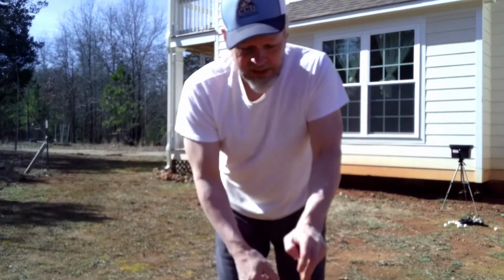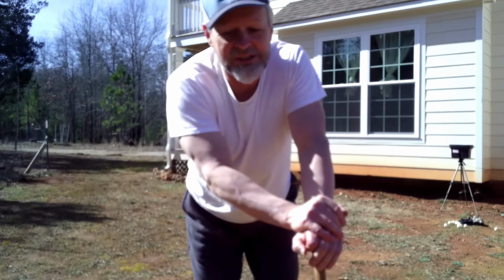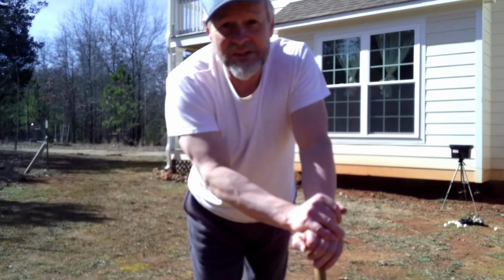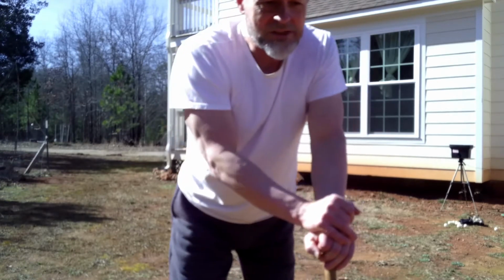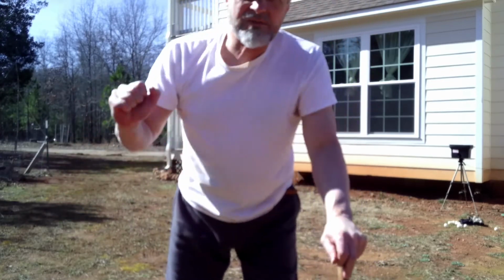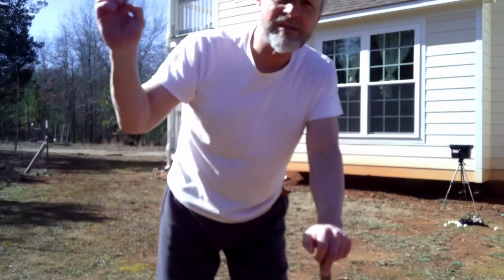I doubt very much that he thinks of it this way or that he knows this, but this is very much what I'm going to try to do here in a minute. This is a very old school kind of style where you keep the hands low, you shift heavily to the front side with your hands following your shift closely, and you trail the bat head and just lower the boom